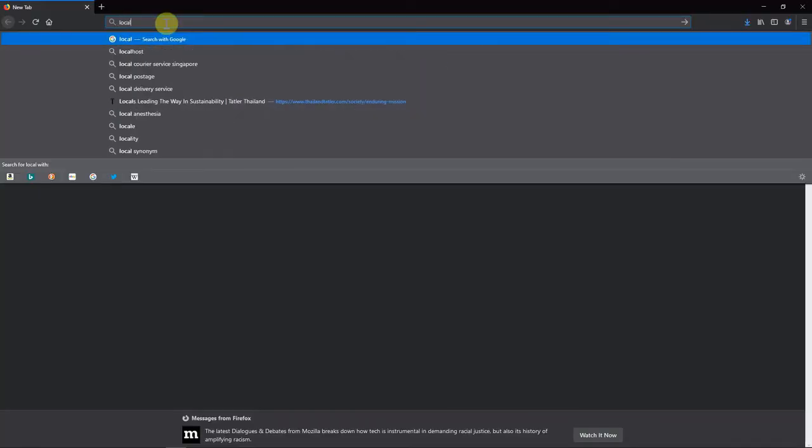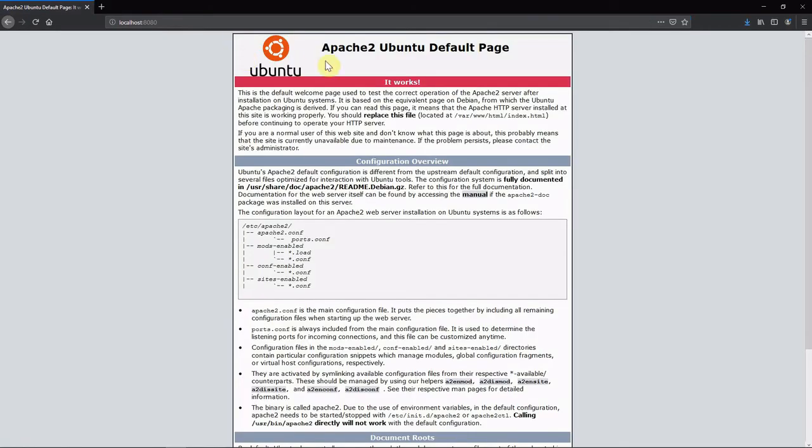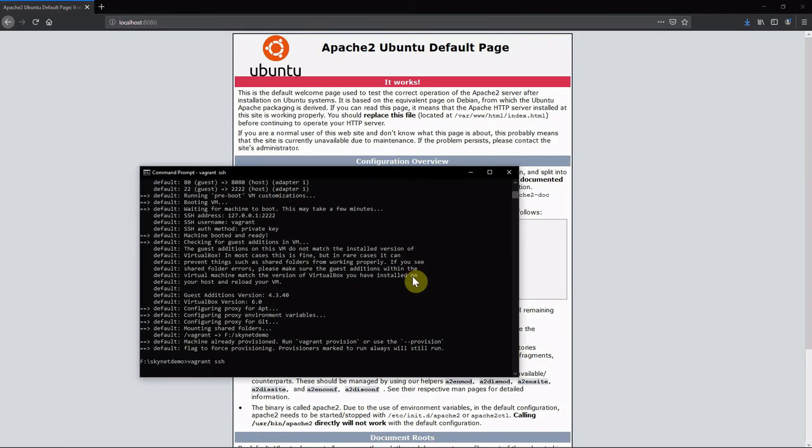Let me try to access our Vagrant box using port 8080. You can see the VirtualBox has Apache running and I am able to access Apache from my local machine. Now I am going to edit the default page and see whether the changes are seen or not.